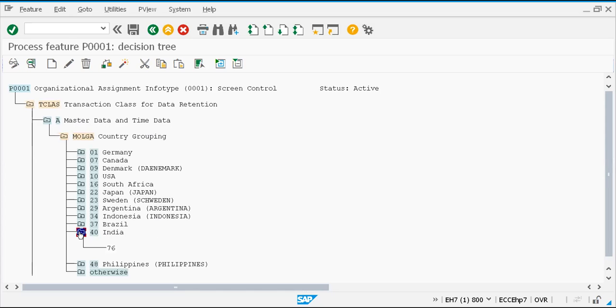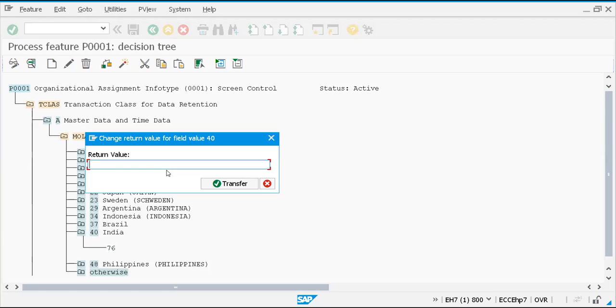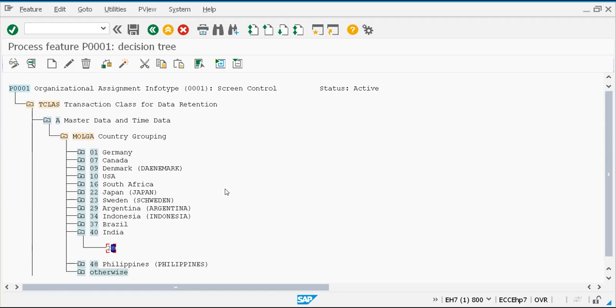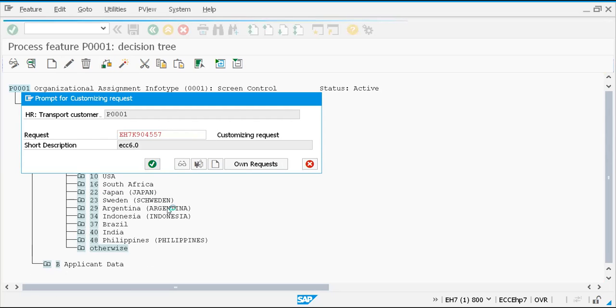40 is India. Another value is there. Either you can delete it or directly override the value. For example, I'm typing 28 and click on transfer. Meaning whatever screen modifications you are doing are based on country, and you can activate. The logic is maintained country-wise